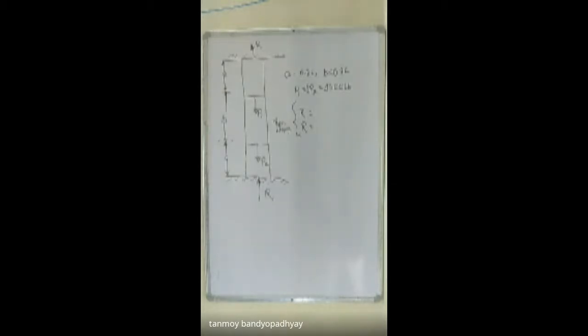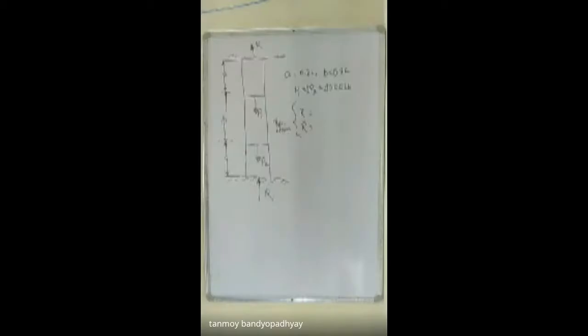হ্যালো, স্যার প্রতিটা পার্টকে আলাদা আলাদা করে যদি আমি, এটা কি একটাই বার পুরো? হ্যাঁ, এটা একটাই bar. This is the entire one bar, but since the loadings are changing, that is why it has been divided into 3 parts. So on the first part, a downward load of P1 is acting. On the second part, a downward load of P2 is acting. ঠিক আছে? So এটা কি করে করব?